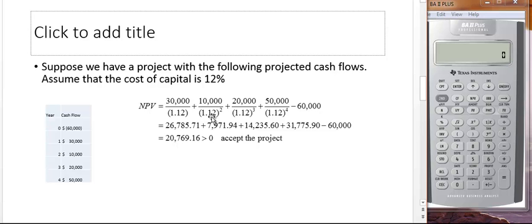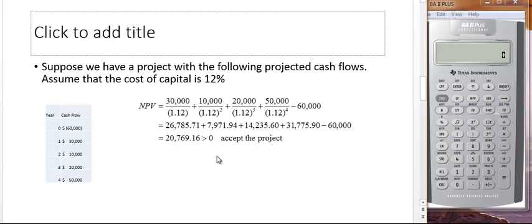10,000 divided by 1.12 squared is the second period's. And you do it for all four cash flows, then you subtract out the cost. And if you do it, this first present value will be 26,785.71. The second cash flow's present value will be 7,971.94, etc. Once you sum these up and subtract the cost, you get an NPV of